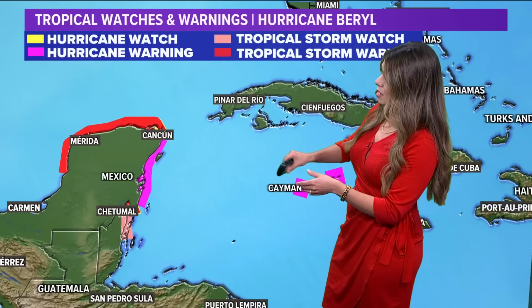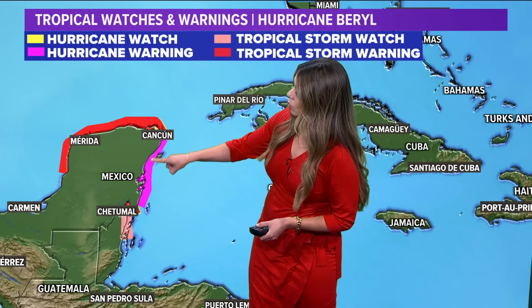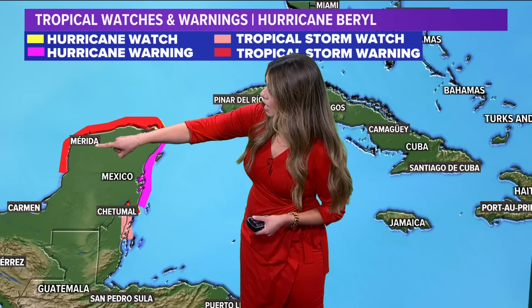Latest update from the National Hurricane Center does have Hurricane Beryl still as a major Category 3 storm. Now this has max sustained winds of 115 miles per hour. This has weakened as of this morning, and it will continue to weaken as it approaches the Yucatan Peninsula because it's running into what's called wind shear. So we'll be watching this. Its impact today mainly along the Cayman Islands. We now have the hurricane warnings along that Yucatan Peninsula, including Cancun, Tulum, and on the opposite side, tropical storm